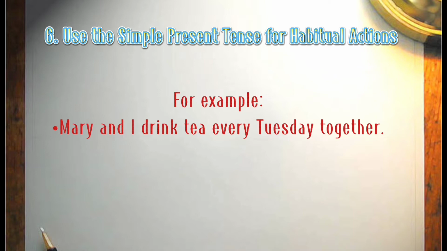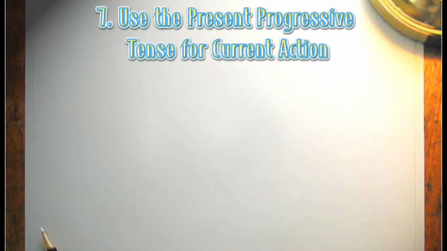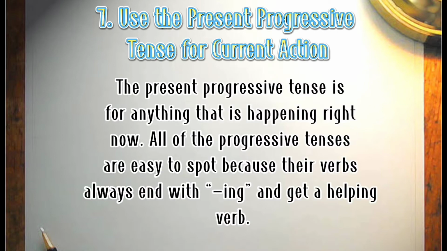As we can see here, we are using the simple present tense for habitual actions. Next, use the present progressive tense for current action. The present progressive tense is for anything that is happening right now. All of the progressive tenses are easy to spot because their verbs always end with ing and get a helping